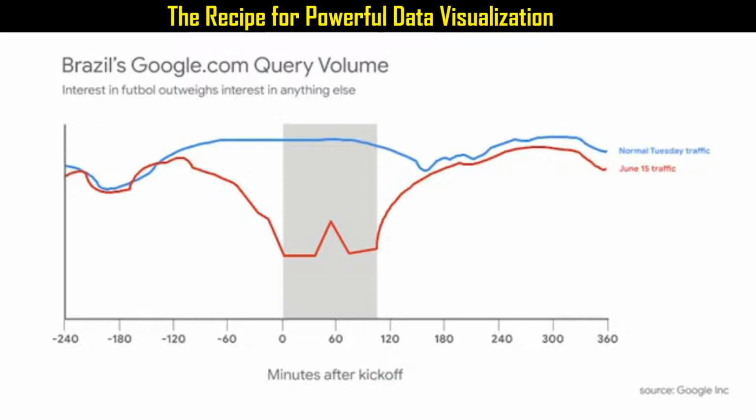For example, this correlation chart has one line of data showing the average traffic for Google searches on Tuesdays in Brazil. The other line is for a specific date of search traffic, June 15th. So the data is automatically correlated because both lines are representing the same basic information. But the chart also shows one big difference. When a football match, or soccer match for Americans, began on June 15th, the search traffic showed a significant drop. This implies causation. Football is a very popular and important sport for Brazilians, and the data in this chart verifies